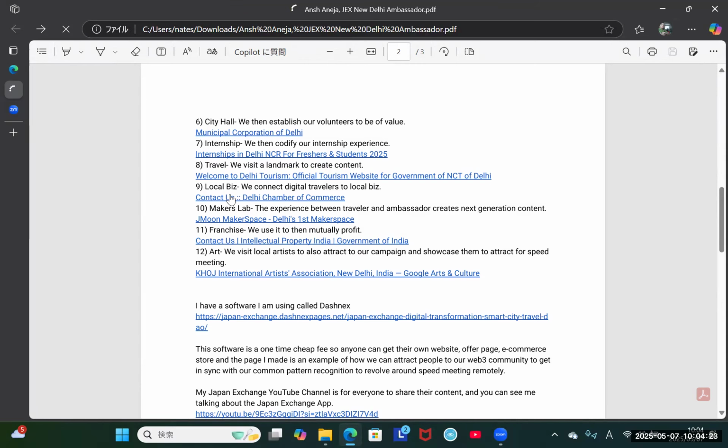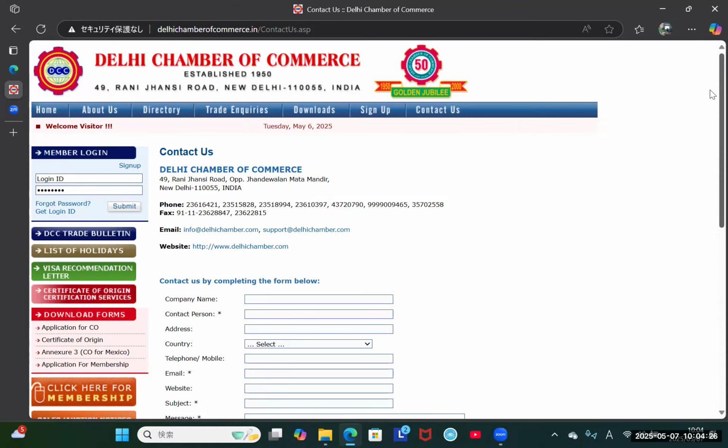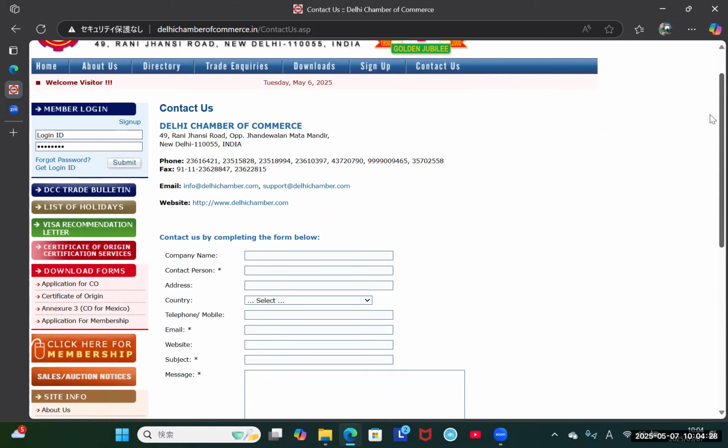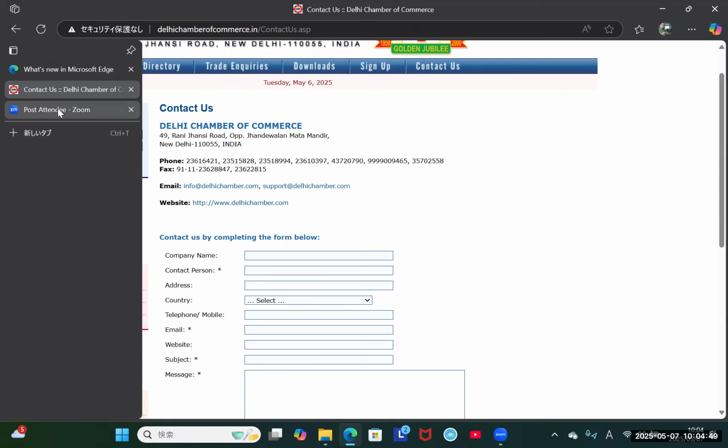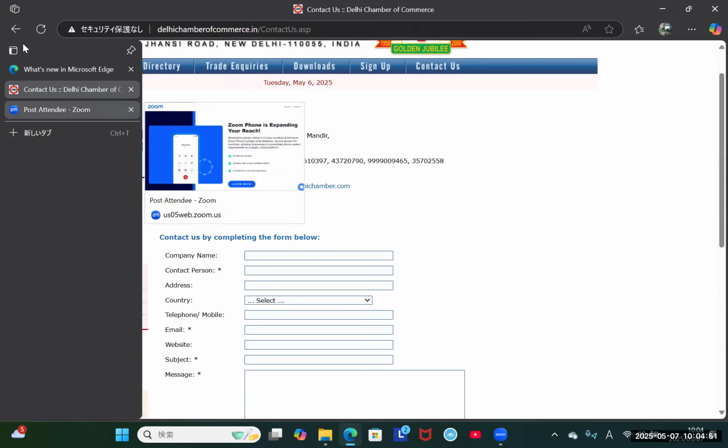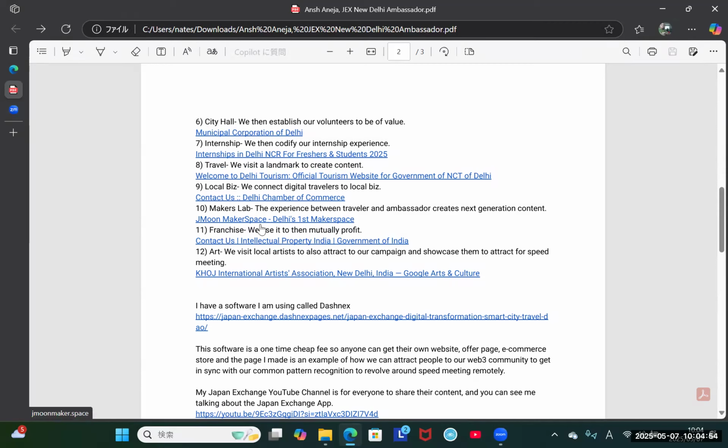Okay, so the local business, the Chamber of Commerce. The Chamber of Commerce wants to increase their members. If you are somebody who's starting a business, why should you be a member of the Chamber of Commerce? That is the question. And our way in is that we could have a chatbot on this Chamber of Commerce that is serving a better purpose, and we're going to be the way that happens.